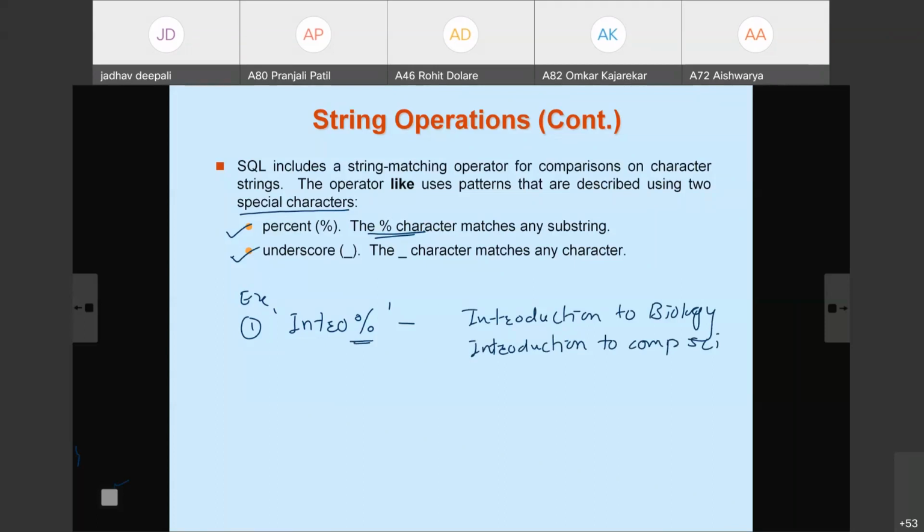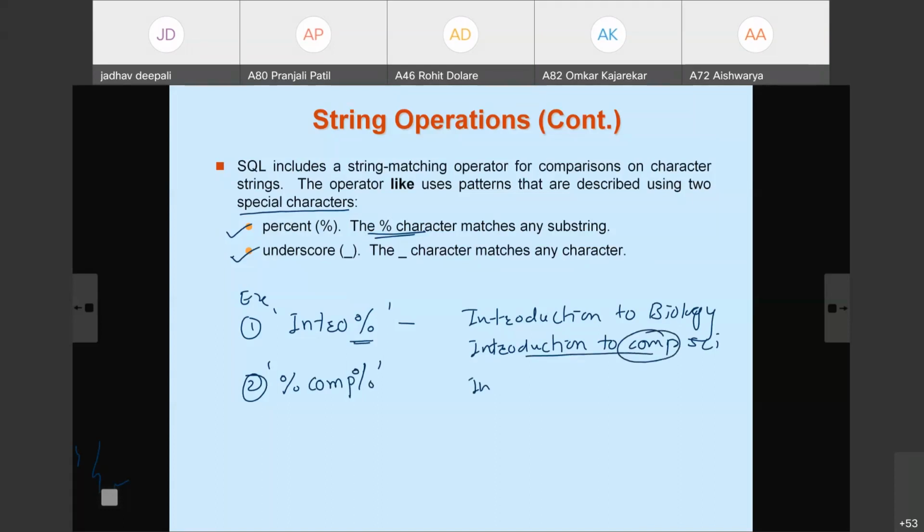Another, suppose I write here, in this way, percent COMP percent. So it matches any string which contains the substring COMP. I can say this one also matches. Why?